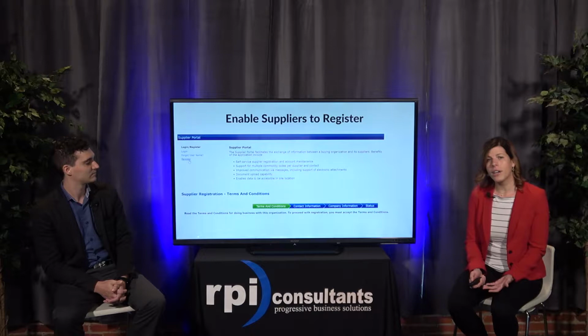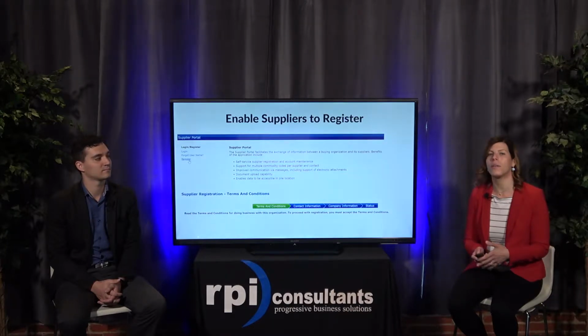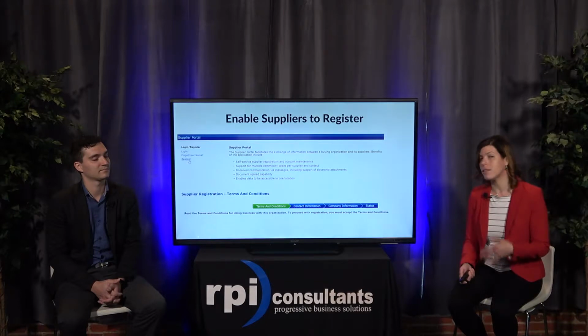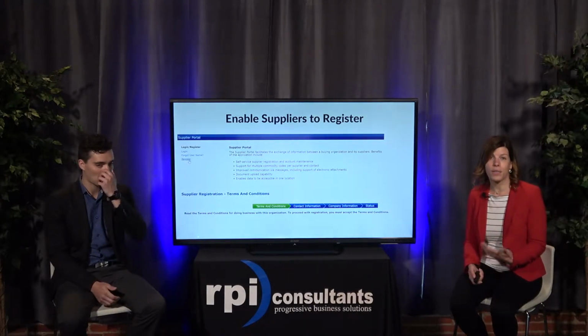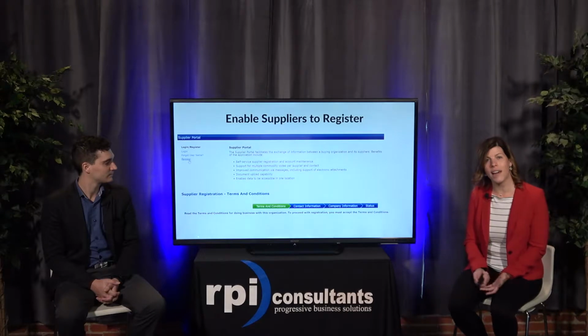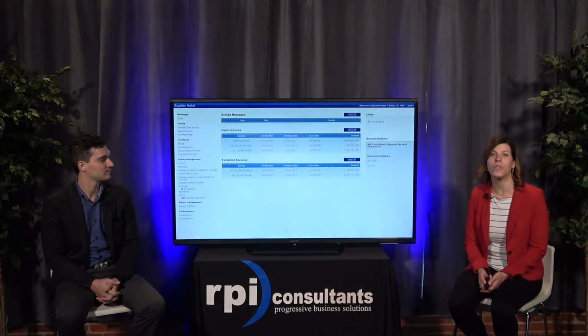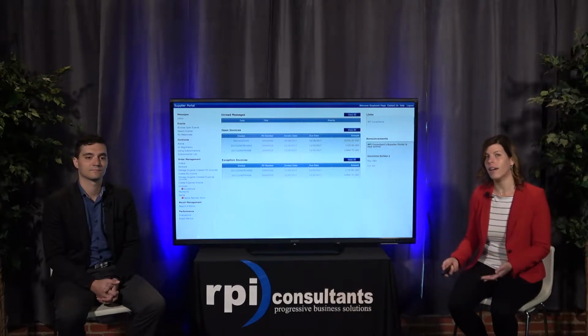Depending on how you're configured, you can choose to have an approver throughout the process. So someone logs in afterwards, once they've gone through the registration process and filled out all the forms, and from there, someone can verify that they're now an available supplier to do business with. Here they can choose to view their status of whether or not they were approved. Once they are approved and they can log in, this is an example of the portal